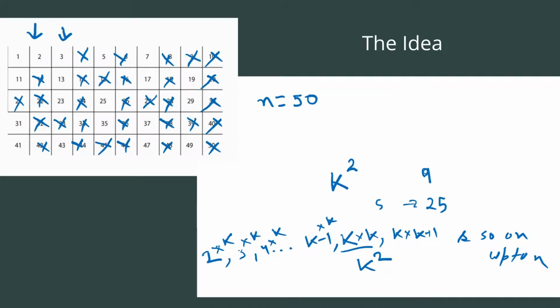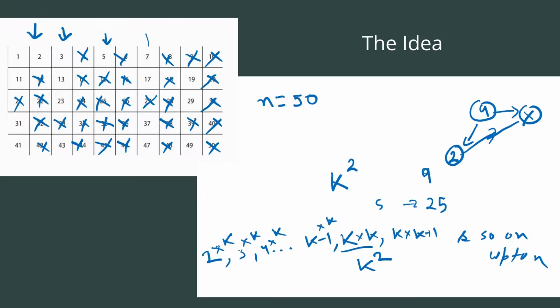Fine. Now we move to the next unmarked element, that is 5. You may ask why we skip 4 and do not look for the multiples of 4. Because it is very obvious that we have already considered the factor of 4, that is 2, and eliminated all the multiples of 2, so any multiple of 4 will also have factor 2. So it's obvious that it is also eliminated. So we'll only look for unmarked elements. So for 5, we'll start from 25, and 35 and others are eliminated.